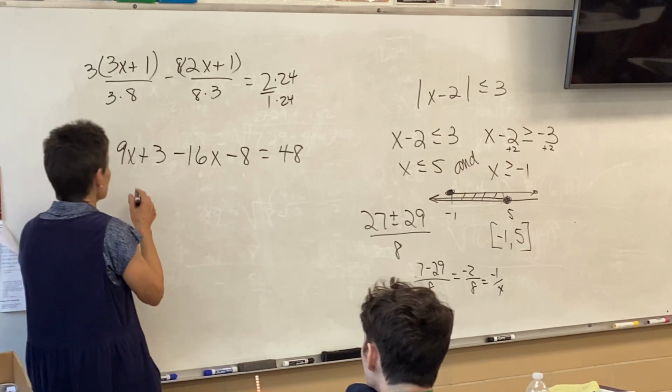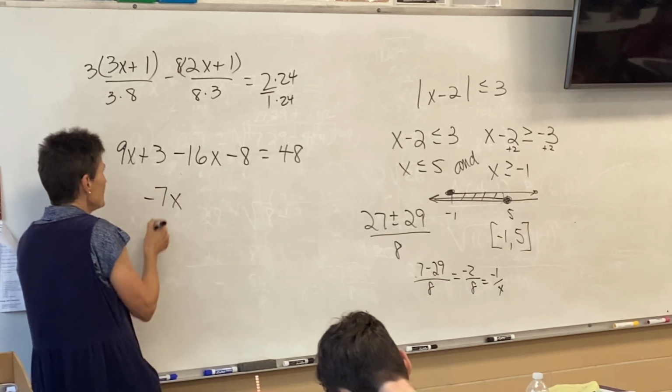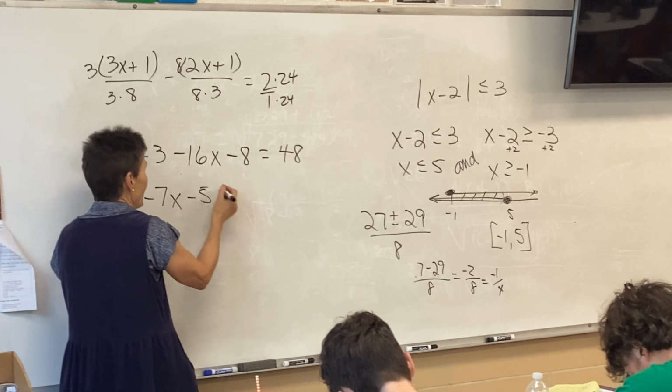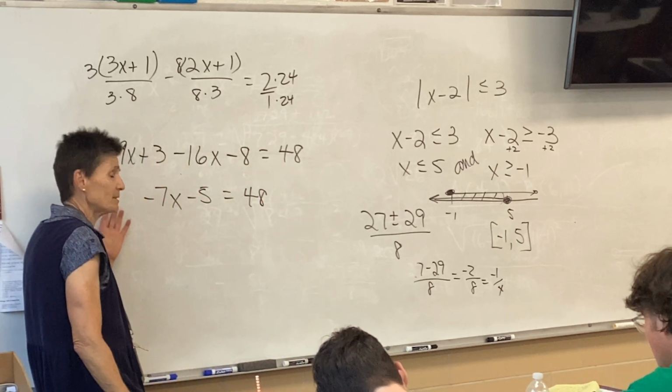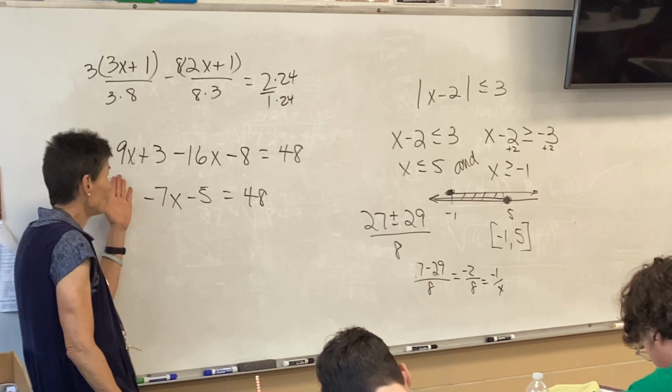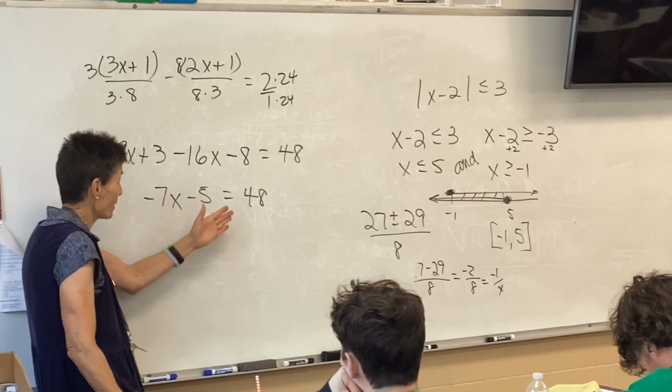All right, let's add them up. So 9 minus 16 is negative 7, and 3 minus 8 is negative 5. Again, boys and girls, you're gonna have a calculator, so do not freak out about the arithmetic. I'm hoping you can do 9 minus 16 on your own, but if you can't, type it in on the calculator, and you have,